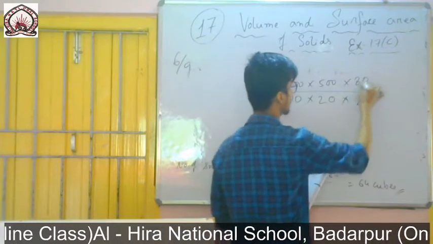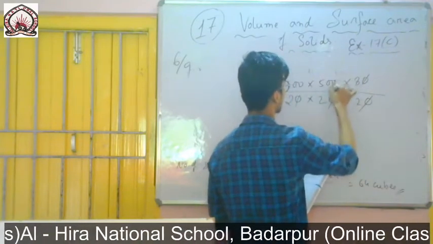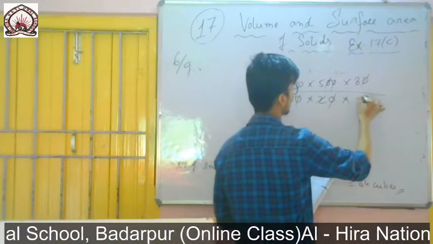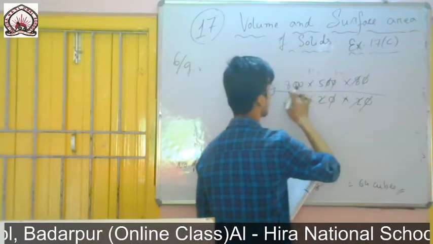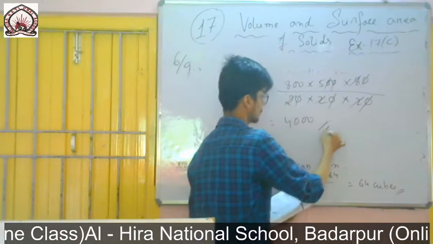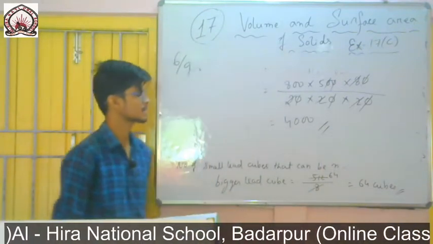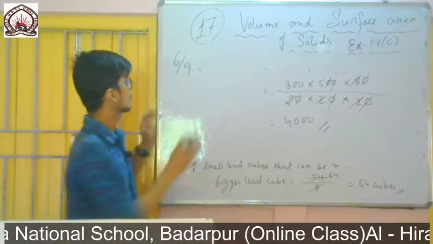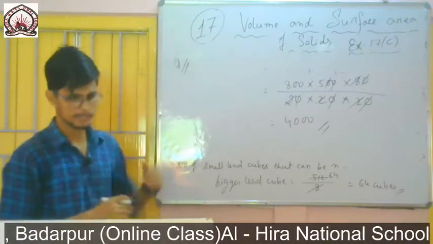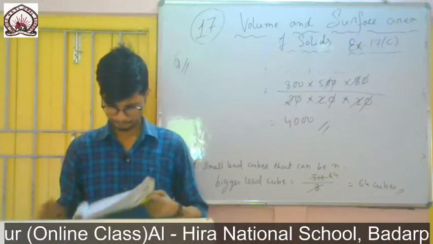So simply you deduct the number of zeros. Then 2 2s are 4, 4 2s are 8, that means 8 cancels. So 8 5s are 40 and 2 zeros. So the answer will be 4000. The answer will be 4000. For question number 7, I am just showing you the calculation part. The rest you do by yourself.